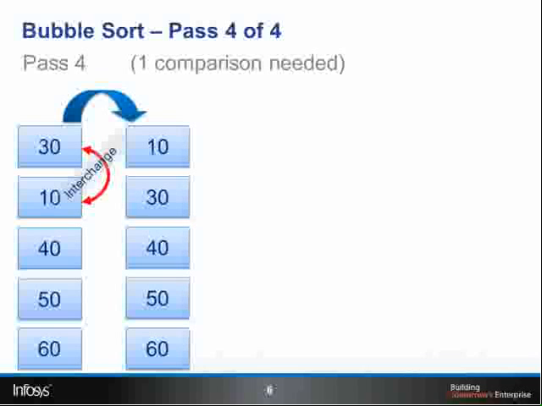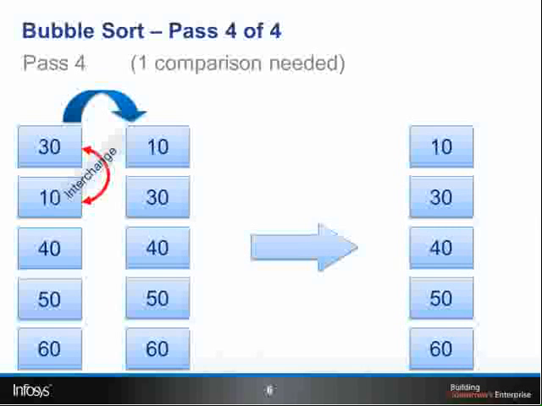By the end of pass 4, all the data elements in the given data set are arranged in ascending order and the resulting data set is shown in the presentation. Let's now look at the